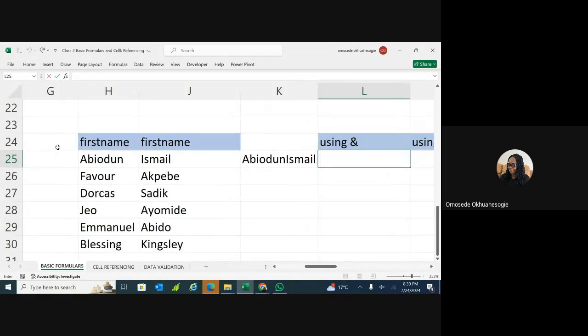Since we know the cell reference, we don't want to concat, we don't want to join them individually. You can use a formula so it will be easier for us. You can just come here and you put your equal to sign, and then we'll say Abiodun is H25, Ismail is J25. So you can come here and put H25,